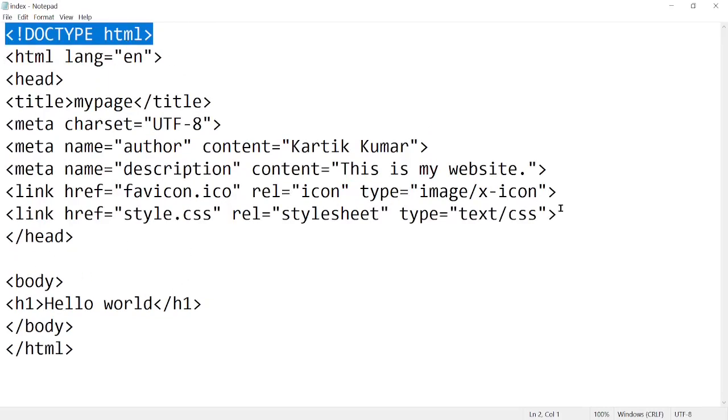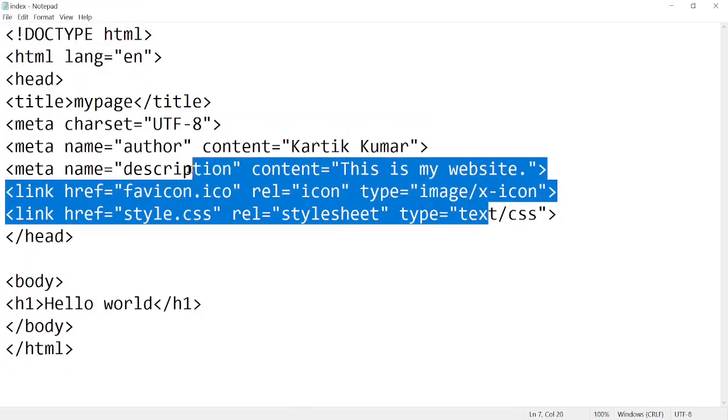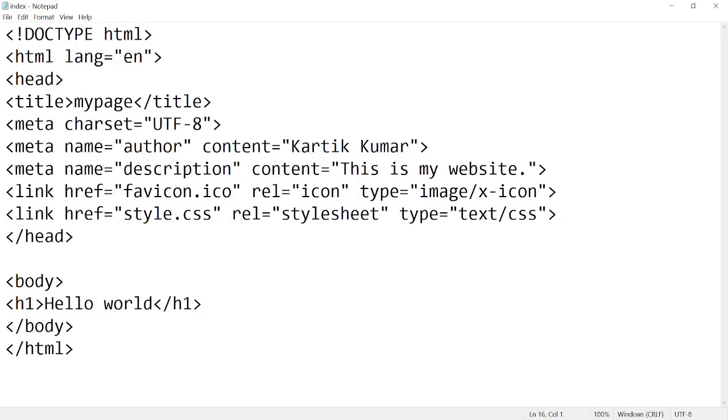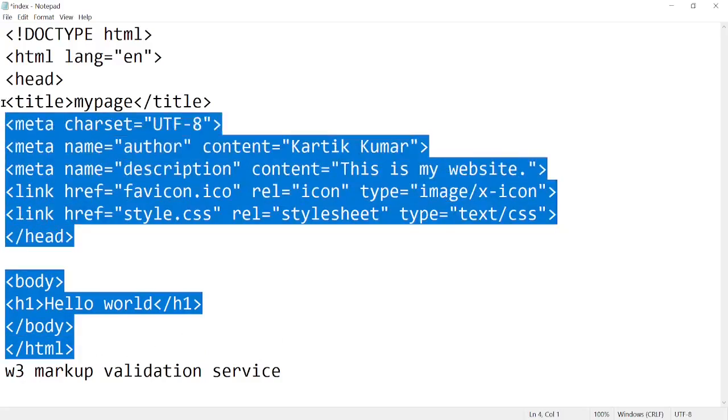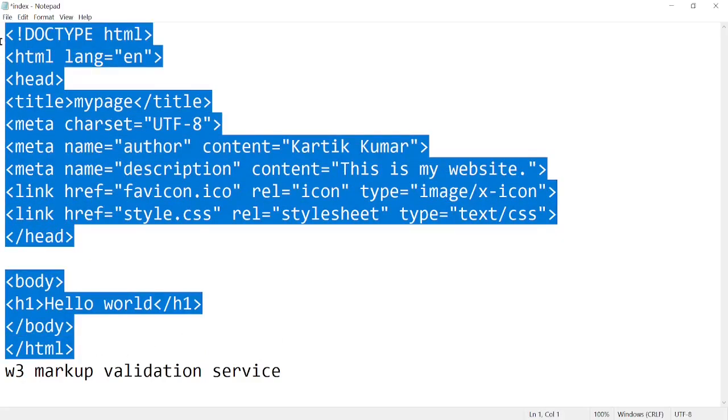Now, how do you know which things are necessary? What are your mistakes? How can you check them? You can check them on the website called W3. You can type over here on Google W3 markup validation service. On this website you can upload your HTML file, and it will tell you what mistakes you are making on the website.